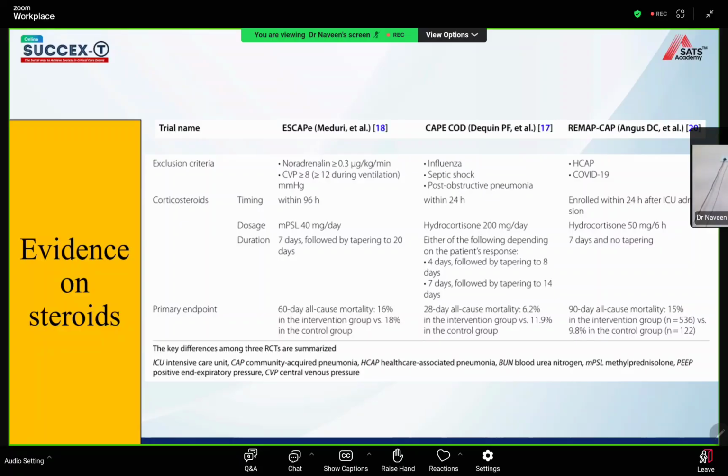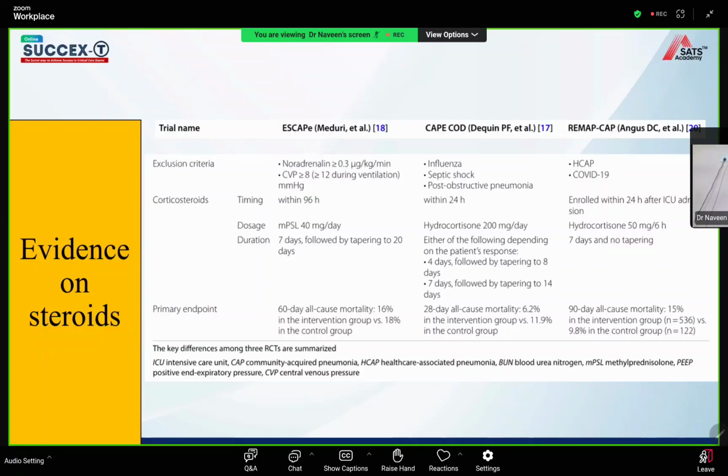And the outcome study primary endpoint is 60-day mortality, where no statistically significant difference has been shown in ESCAPE. Overall, it's a negative study, whereas in the CAPE COD study there is a significant reduction in the 28-day mortality, and it was statistically significant. Whereas in REMAP-CAP, 90-day mortality has been studied. The conclusion was there is not much statistically significant difference between the 2 arms, but there was a trend